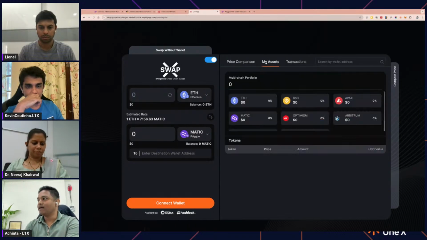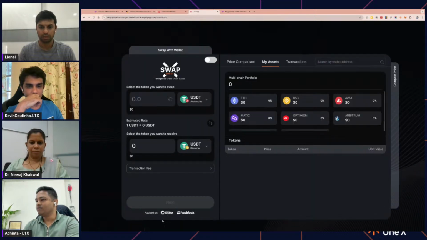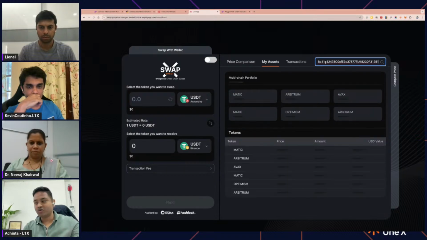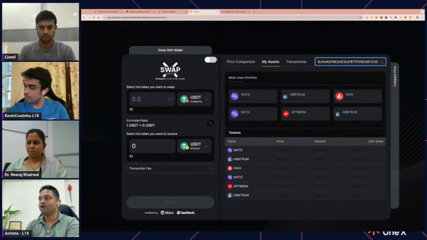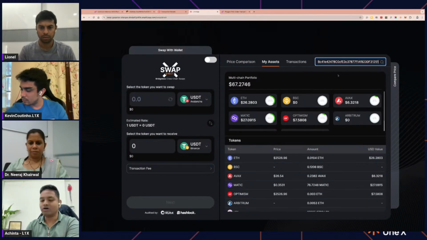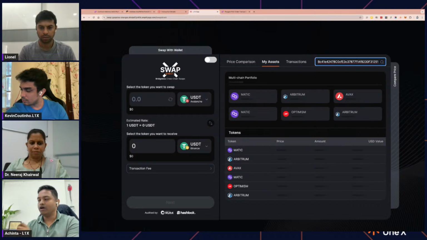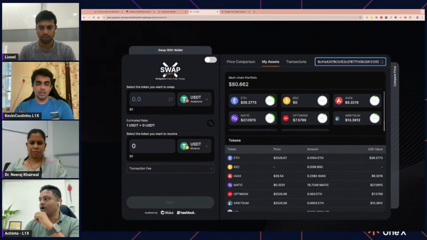And then we have My Assets. Right now my wallet is not connected, so you will see there are no connections. I'll just copy my wallet from MetaMask, and you need to paste it here to check your assets. It will take some time because it is connected to your RPC and gets the values from there. So you can see the tokens and coins are reflected here. That is my portfolio volume, currently in USDT. It accumulates all your coins' volume together.